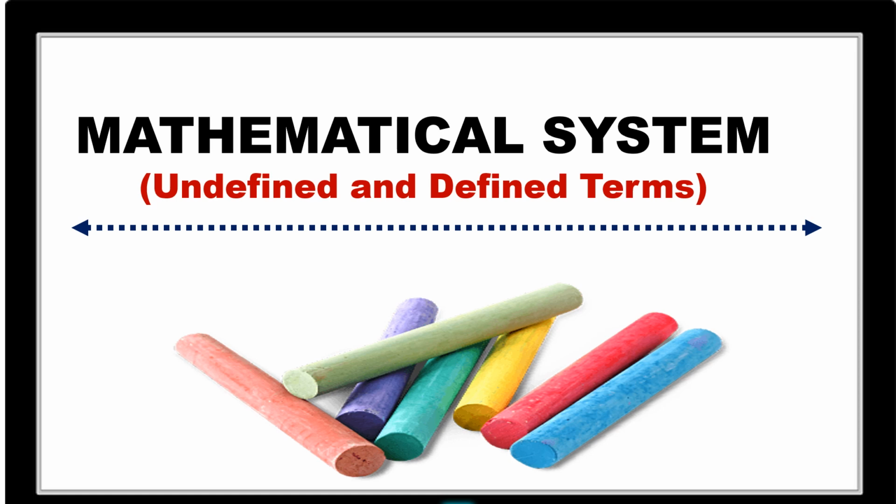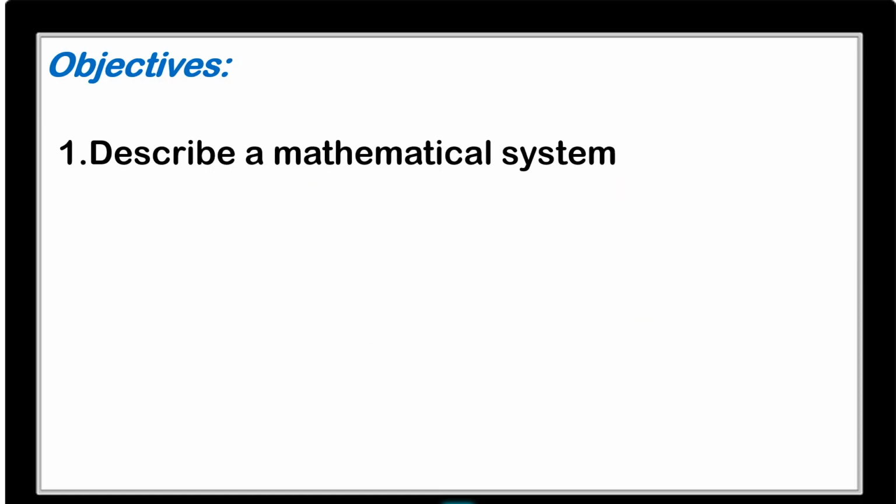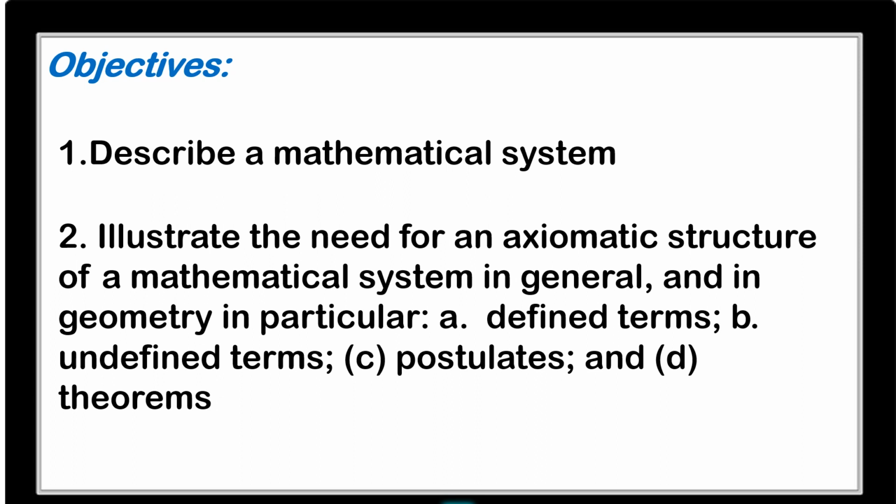Meron itong tinatawag na undefined terms and the defined terms. Let's proceed. Of course, we need our objectives. The first one, we have to describe a mathematical system. Yun po yung tinutukoy natin kanina. Second, we have to illustrate the need for an axiomatic structure of a mathematical system in general, and in geometry